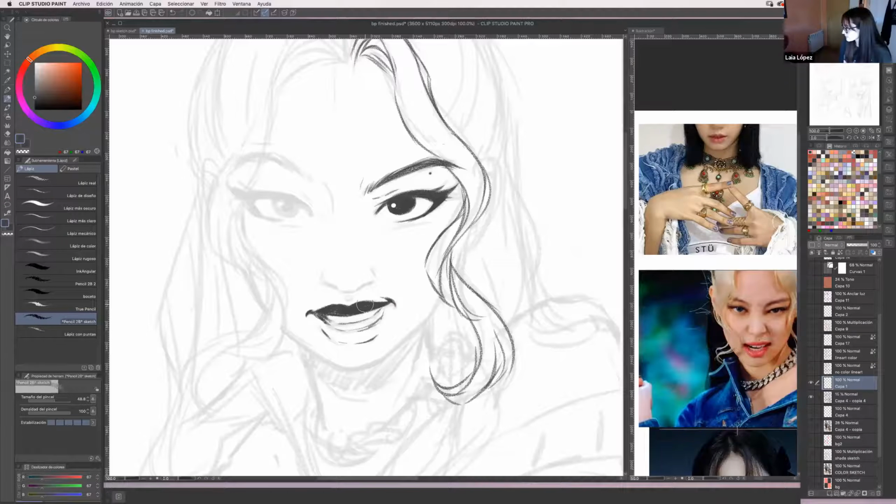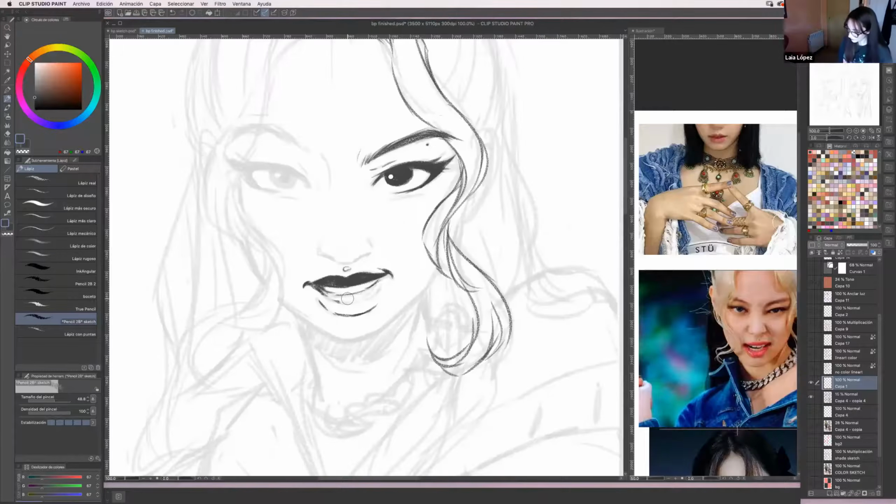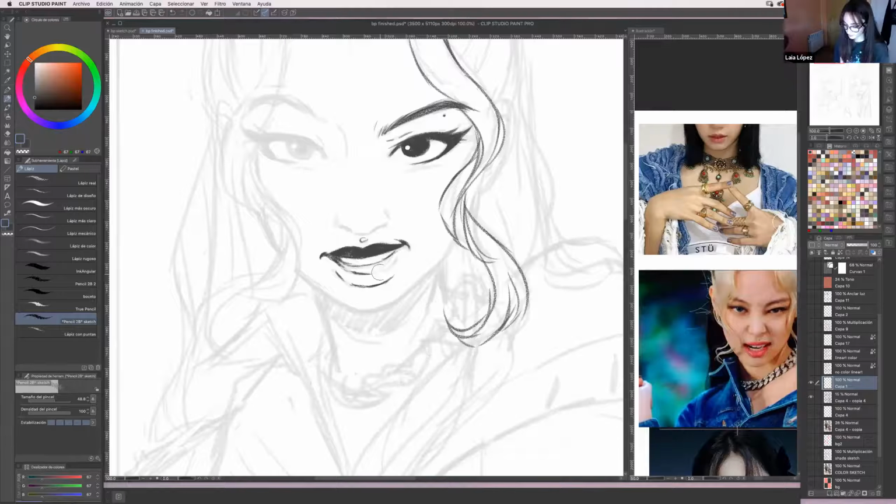Also, I'm trying to read the comments in case someone has questions, like, what is she doing right now? I don't know if I'm doing everything right. I'm just trying to explain as best as I can. Honestly, her mouth here was a little bit messy. I remember having a hard time because it looked way too good on the sketch, I really liked how it looked, but it didn't make sense at all. So I knew I'd have a hard time when I cleaned that up, but I think I figured out how to do it. Yeah, it's way better. Now I don't know what I'm doing, but yeah.